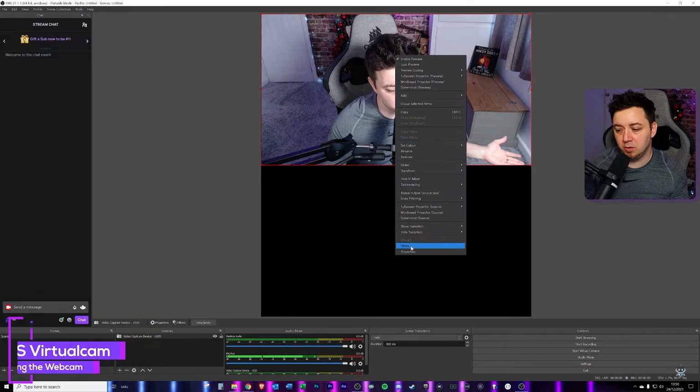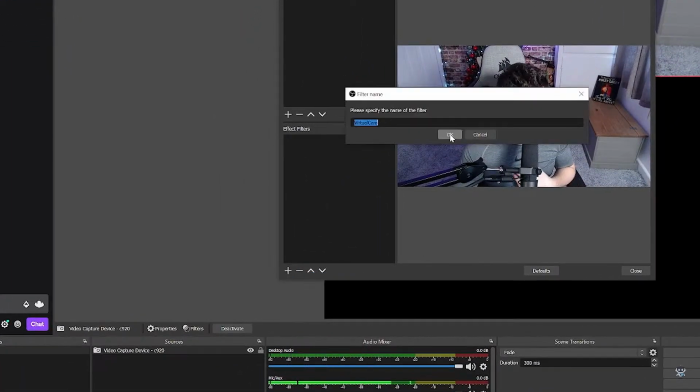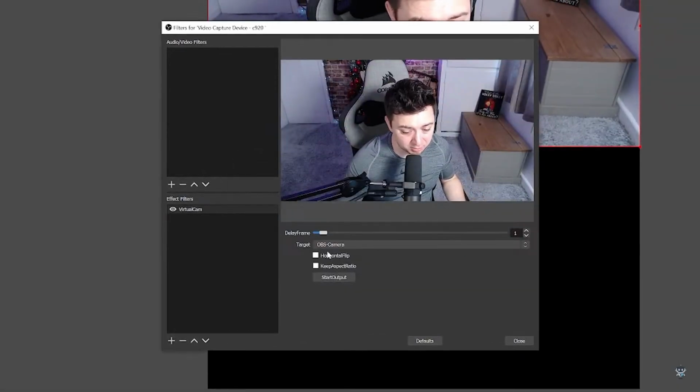I'm now going to right click, and we've got filters, and we now have some filters available on this called a virtual camera. So if I click this and add the filter onto this camera, we now have